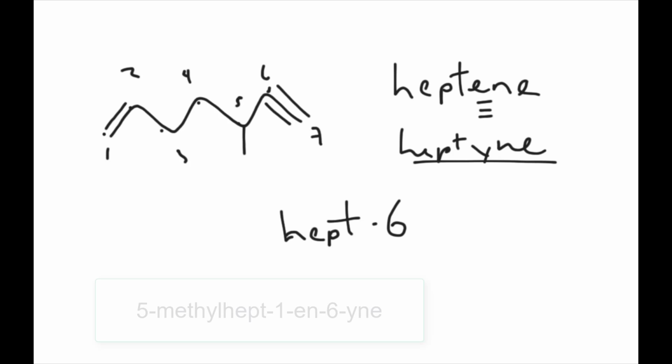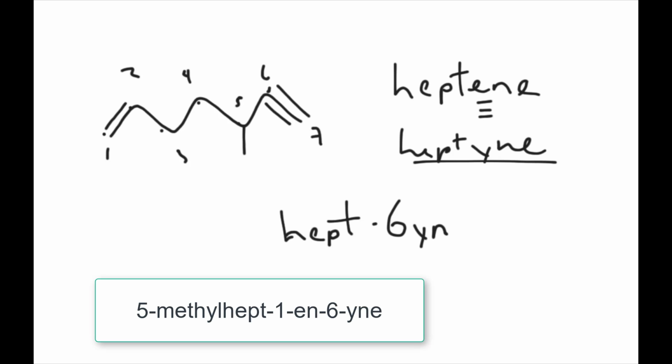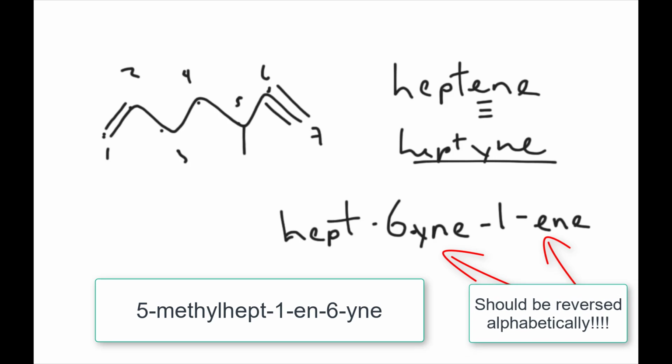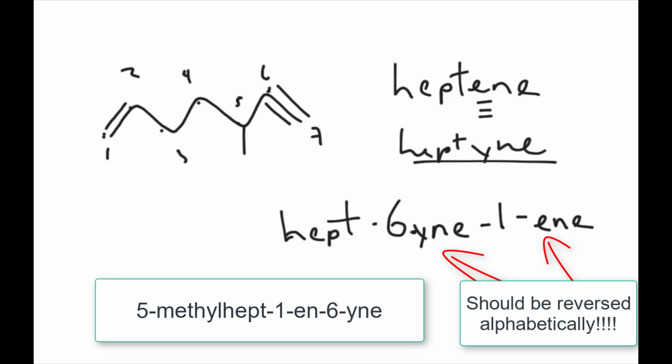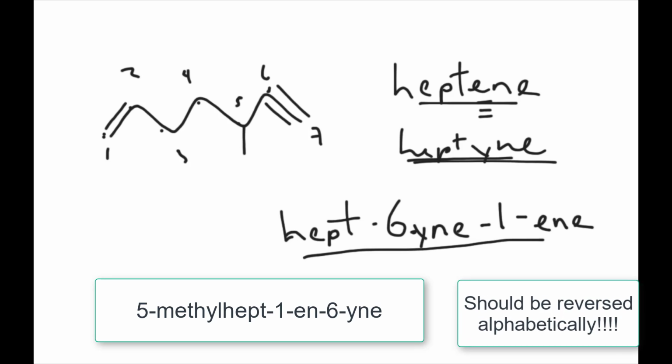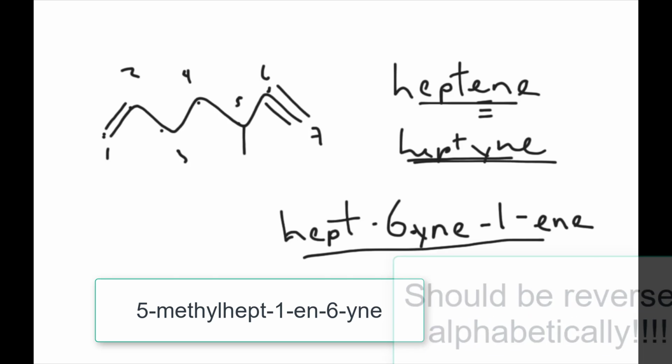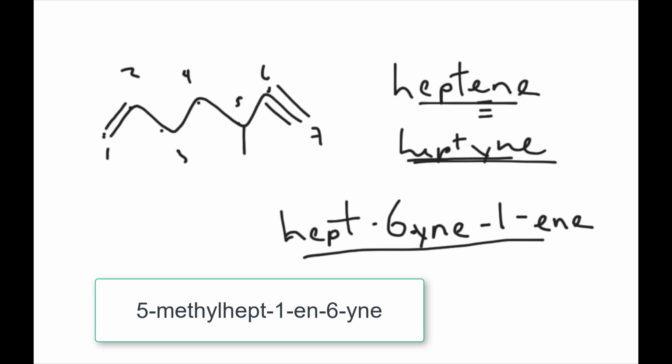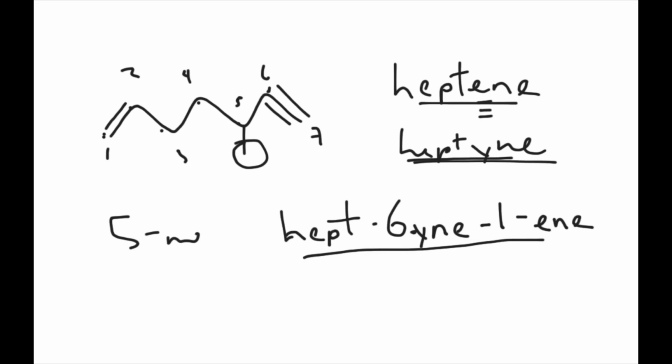I'm going to say that I have a 6-yne, dash, and then at the number 1 carbon is the double bond, ene. So this heptene and the heptyne essentially combine together into this one long name called hept-6-yne-1-ene, all with the dashes between the numbers. Also at the 5 position we have this methyl group, so we still have a 5-methyl